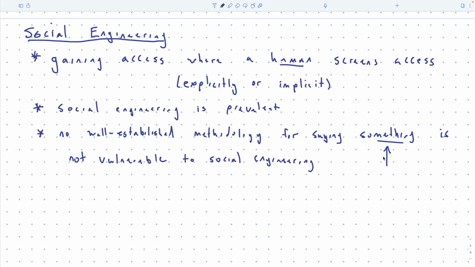Like that's even hard to define. Like if I say, oh, your computer's not vulnerable to malware, well, you know what the thing is that you're protecting, it's a computer, and then you can think about how you're going to protect it from malware, right? But here it's like, what is it that's not vulnerable to social engineering? Like a company isn't, the policies, the procedures of a company, like it's kind of vague what you're even talking about.